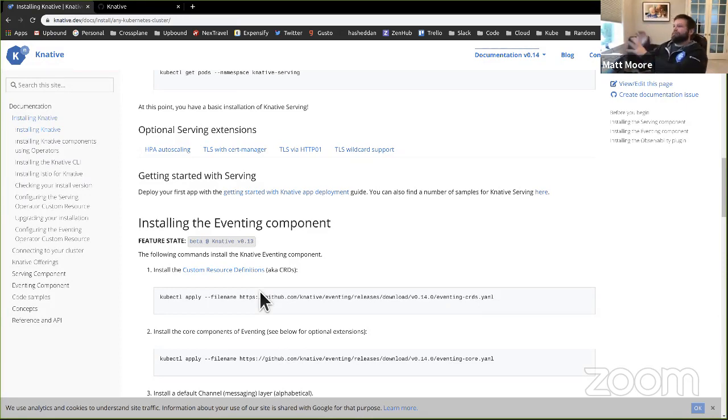So I think of it as an opinionated bundle of Knative plus stuff. It started as just Knative stuff, but it's grown. And it glues it all together so that you get a